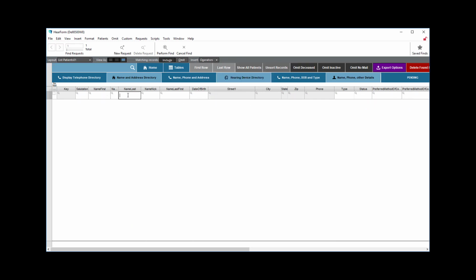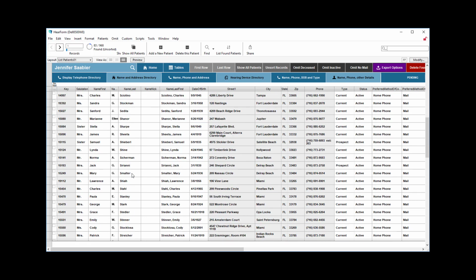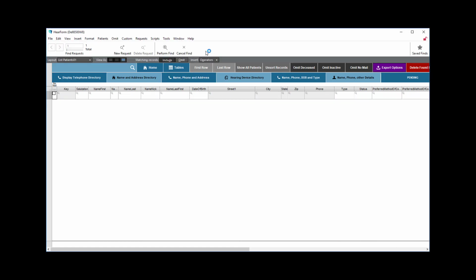So if I wanted to include everyone who has the last name with an S in it, it's already defaulted to the letter S. Then I could, and here's where it gets a little bit tricky, omit everyone whose first name starts with a particular letter or range. So let's do that. There are 83 people who have S somewhere in their name. And it may be that their last name has a two-part name, and one of the words is S and some aren't. So let's go ahead and look at that. I'm going to click the find button here, and then I'm going to narrow down my search by omitting everyone whose first name starts between A